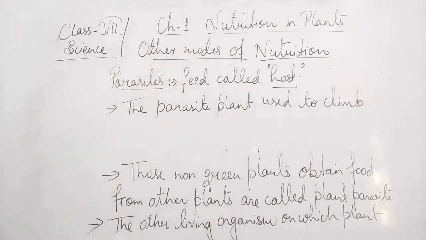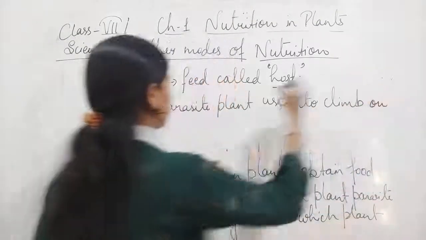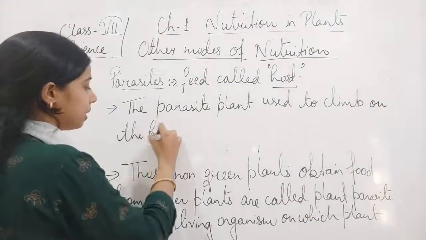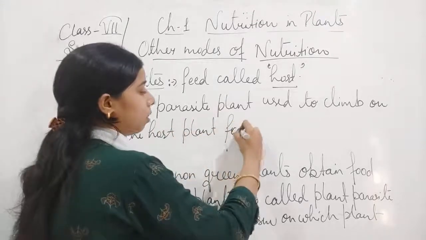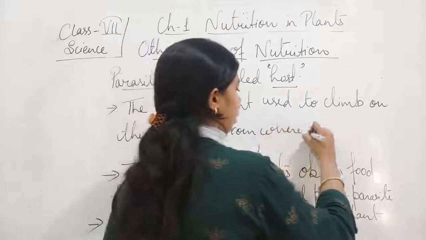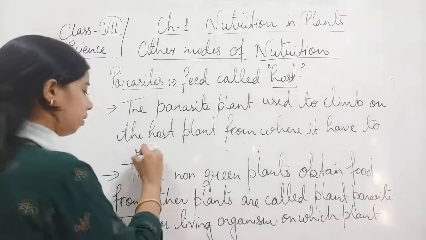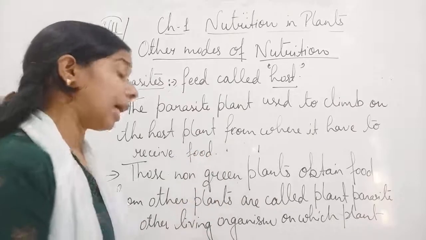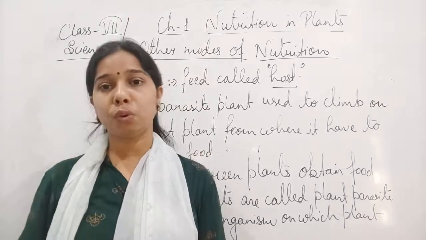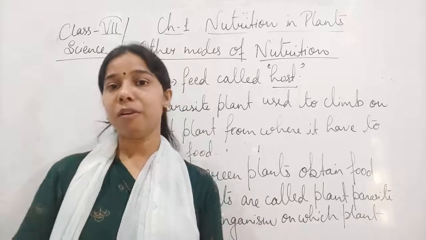Okay, so parasite plant climb on the host plant from where it has to receive food, and then with the help of the root only it used to absorb or it used to take all the food material